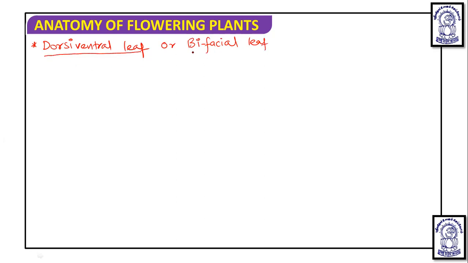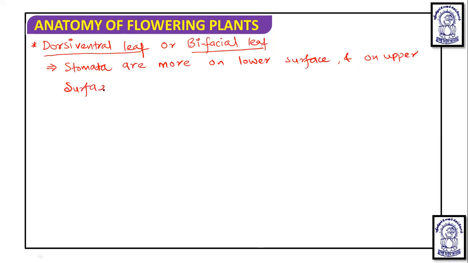In this dorsiventral or bifacial leaf, when the leaves are present at a right angle to the stem and you see the transverse section, they are known as dorsiventral because, first, the stomata are more on the lower surface, and on the upper surface they are less